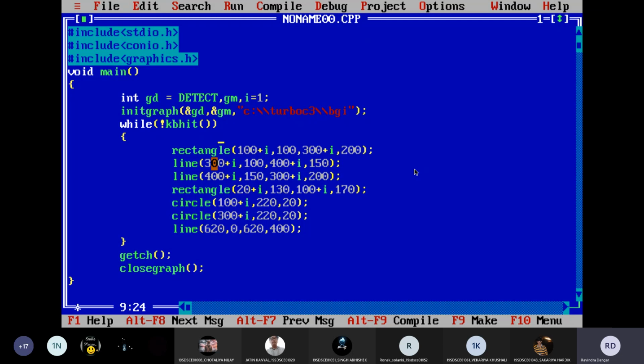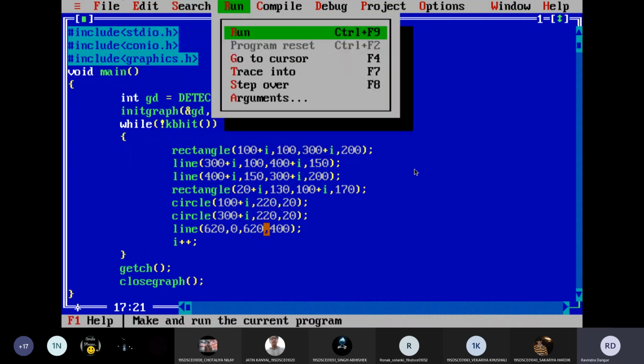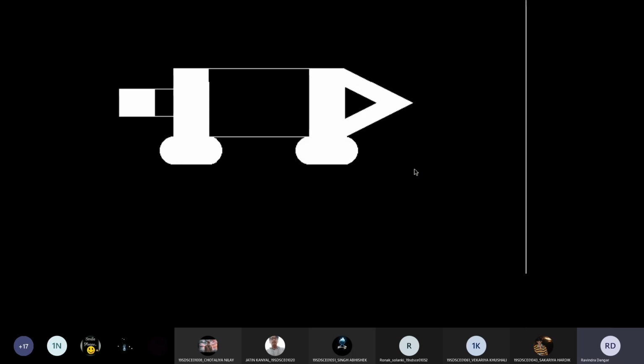So what it will do, the value of I would be 1, so for the first time it will be 101. Now once all the objects are getting drawn, we need to increment the value of I, so that second time it goes to 102, then 103, 104. So it will reach up to this 620. As of now I am not putting any logic so that it can start again, but let me just run this file to explain to you whether we are able to do it or not.